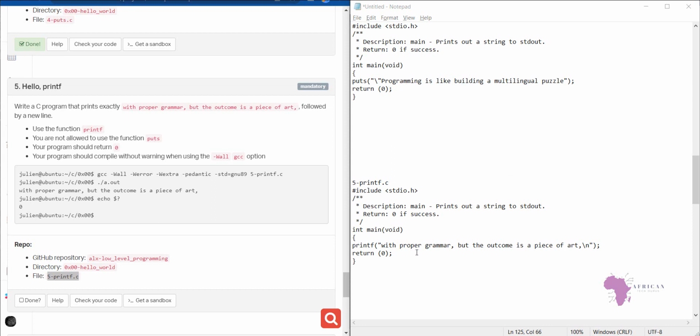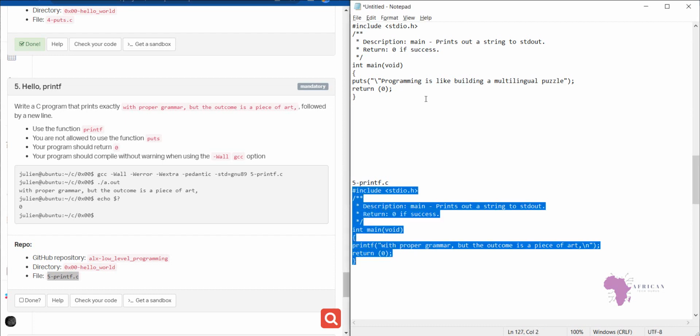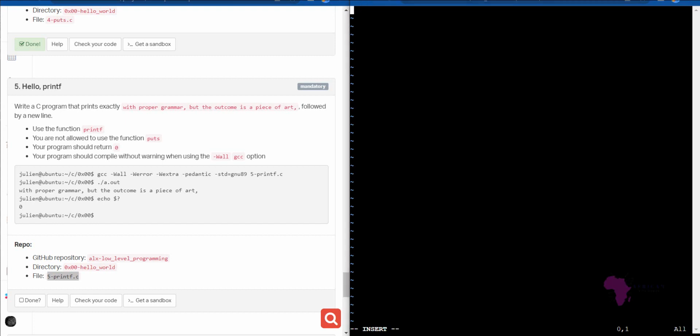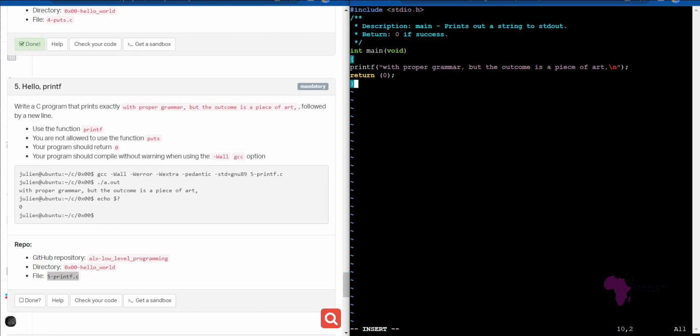So now let's copy our solution and see what is happening. If you have any questions, please leave it in the comments down below, and we'll definitely try as much as we can to look at it and provide the best way forward and the best solution. So that is our solution. Then we escape